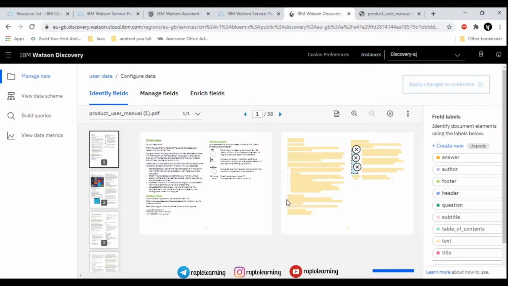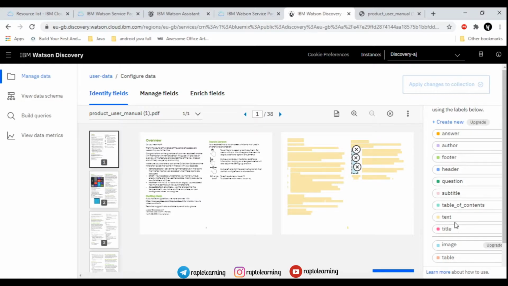So these are the fields, that is, once Discovery accurately predicts the text fields, it will display this text field. These are the images that are displayed, right? These are the types of labels that are available in any PDF, that is footer, header, question, subtitle, image or title, and anything like that.